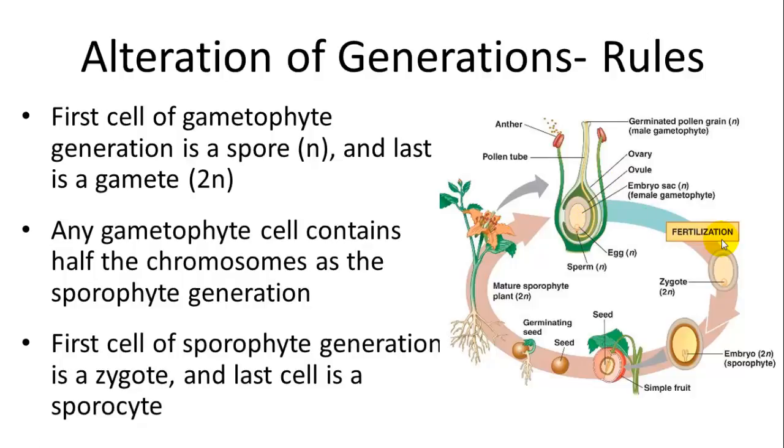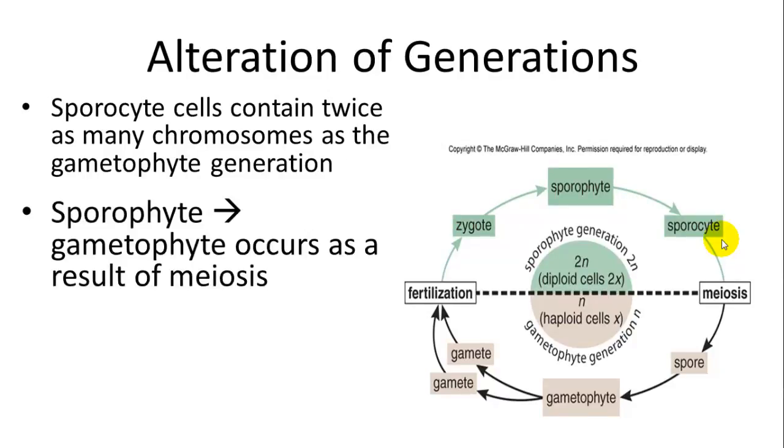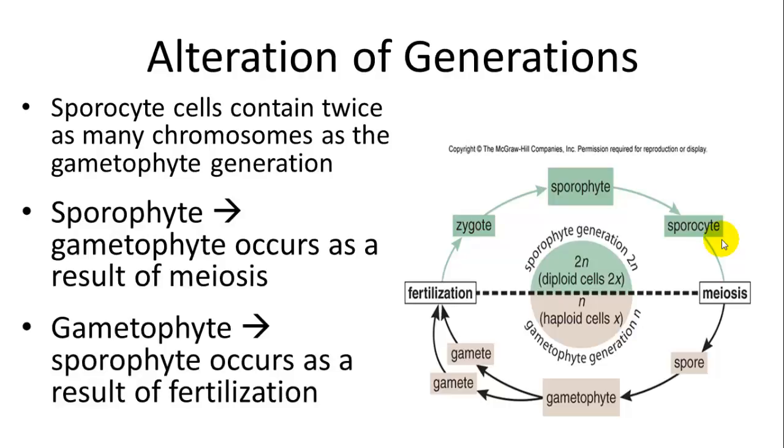Okay, the first cell of a sporophyte generation is a zygote, and the last cell is a sporocyte. Sporocyte cells contain twice as many chromosomes as the gametophyte generation. So from sporophyte to gametophyte, that occurs as a result of meiosis, and from gametophyte to sporophyte, that occurs as a result